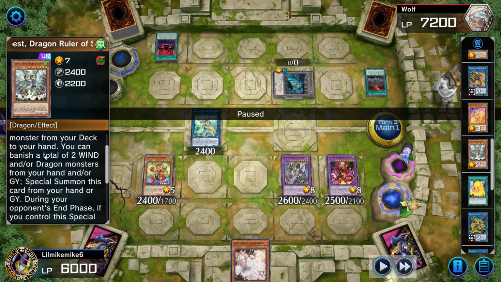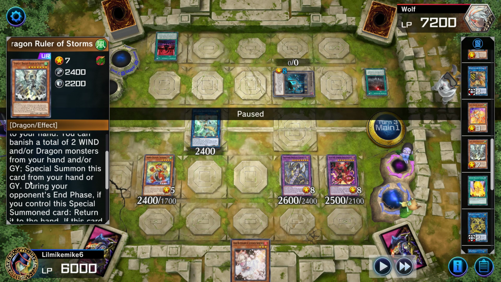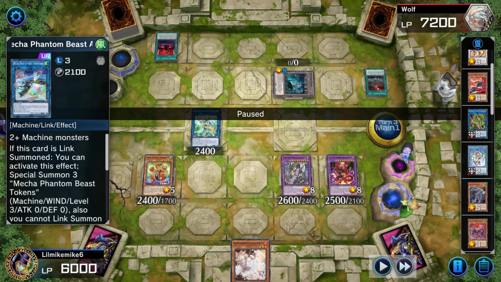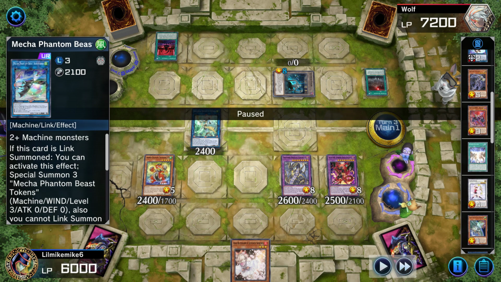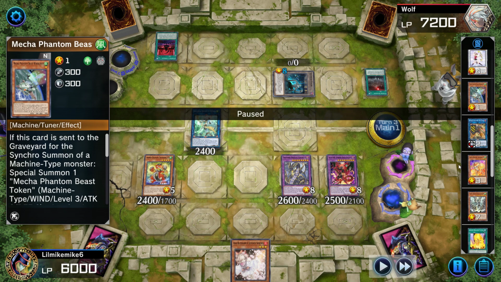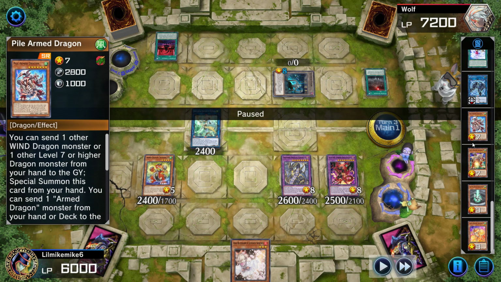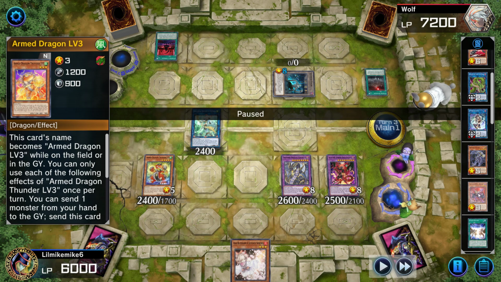Look, it's right here. You can banish a total of 2 wind or dragon monsters from your hand and or graveyard to special summon this card from your hand or graveyard. Pretty much everything in here is wind or dragon. So dragon, that's wind. Let's see here. That one right there is a wind, and dragon, wind and dragon, then wind and wind and dragon. So basically, Tempest was going to come back by just simply banishing those,